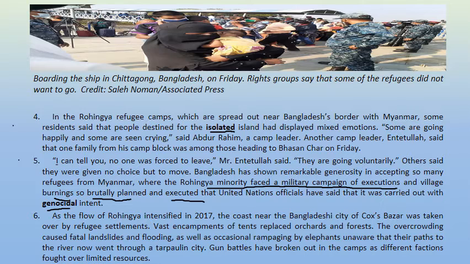A person or a group of people is killed due to its ethnic identity, whether, for example, they could be Jewish or Muslim or black or white or whatever. Their ethnic identity is the reason they are being killed. That's called a genocide. As the flow of Rohingya intensified in 2017, the coast near the Bangladeshi city of Cox's